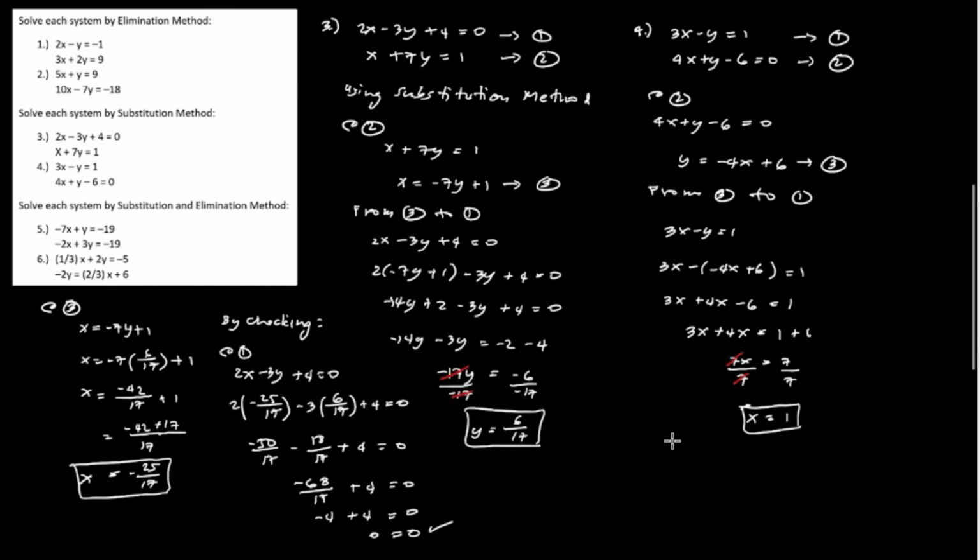To find the value of y, you can use equation 3. At 3, y is equal to negative 4x plus 6. Negative 4 times x, which is equal to 1, plus 6. So negative 4 times 1 is negative 4 plus 6, or y is equal to positive 2. And we have y is equal to 2 and x is equal to 1. By checking,